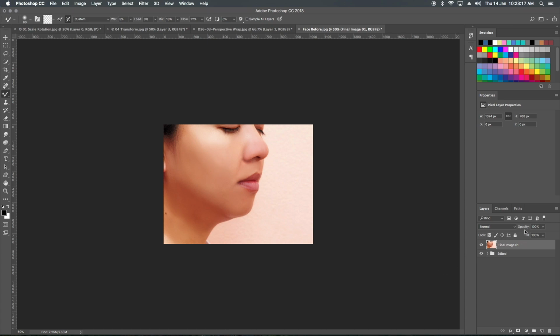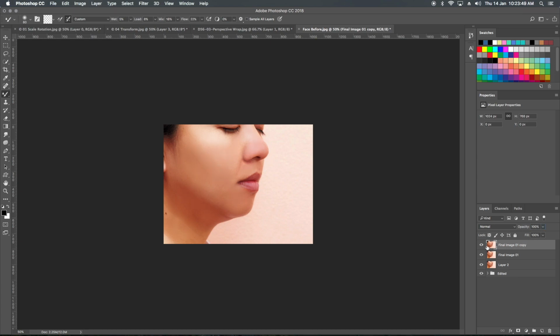Okay, so now what I'll do, I'll hide this layer, I'll go back to that layer, and again press command option shift E, and make a lesser opacity. I'll merge those two layers so that the texture will show more. Let's see this one.